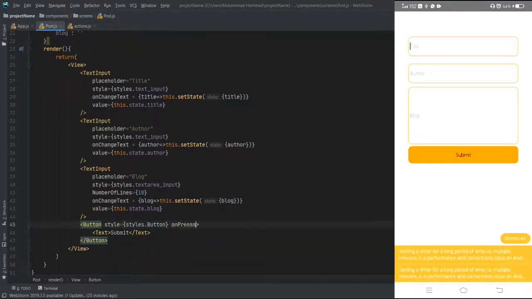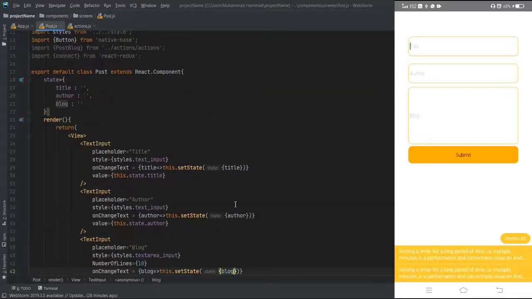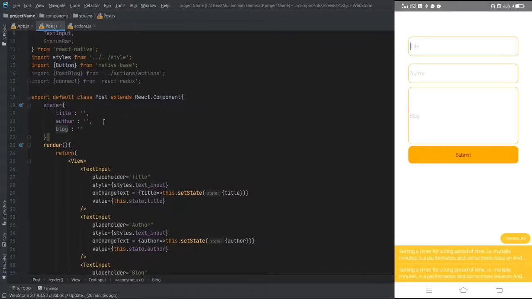So here we have to add an onPress property, and here we have to define our function, and now we have to define this function submit, and inside this submit function we can pass these values to our post blog function.